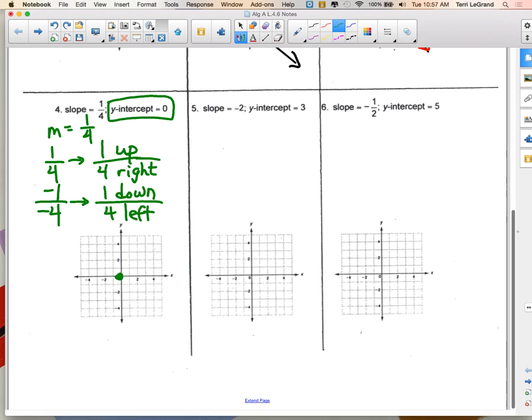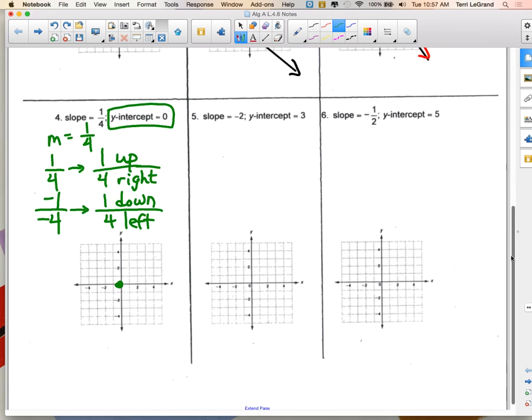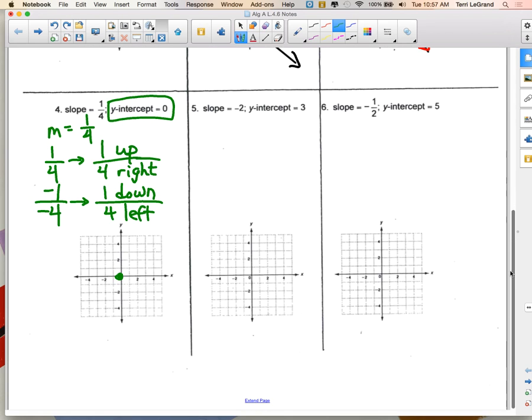That's all it is. Okay, and it's really important that we can use both ways, because sometimes one of the ways will not work, and it's typically the one that you like to use, and then you're like, now what am I gonna do? I can't graph this. You can't come back to class and say you can't graph it, you gotta have another way to do it. So we can go up 1 and over 4 to the right, or we can go down 1 and 4 to the left, draw our line, and we should have